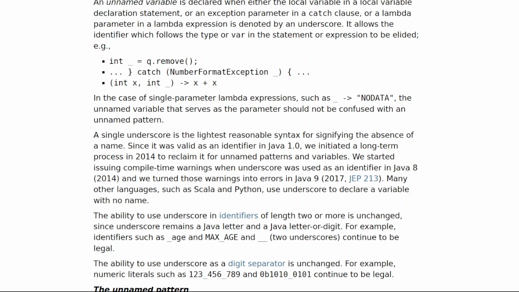An unnamed variable is declared when either the local variable in a local variable declaration statement, or an exception parameter in a catch clause, or a lambda parameter in a lambda expression is denoted by an underscore. It allows the identifier which follows the type or var in the statement or expression to be elided. For example, 1. int _ = q.remove(),